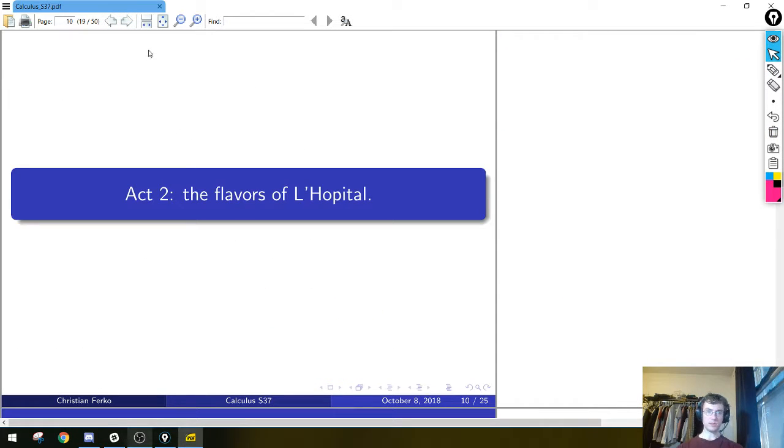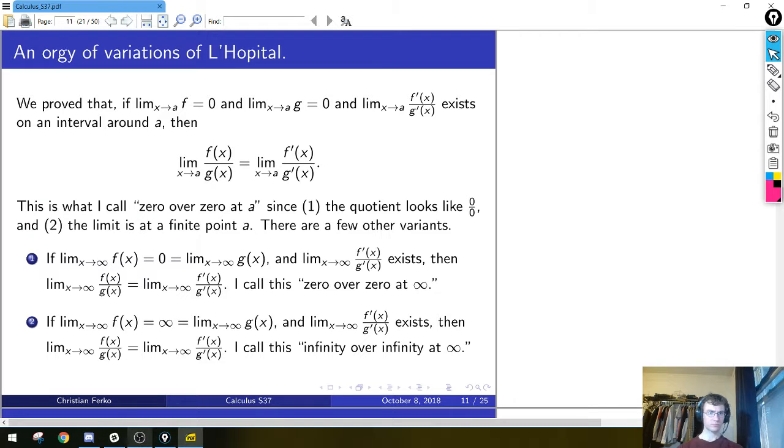Alright, let's do some more L'Hopital stuff. Okay, so what did we prove the first time? The first one in our orgy of variations here was what I call the 0 over 0 at a version of L'Hopital's rule. So we proved this, I think, a couple times ago, that if f goes to 0 at